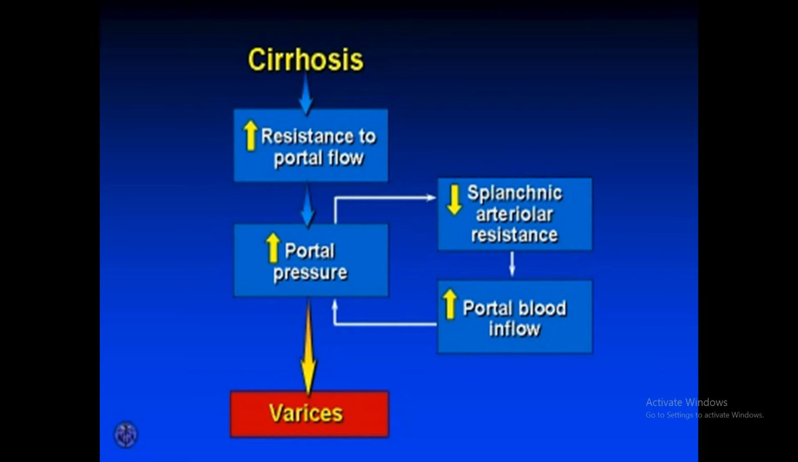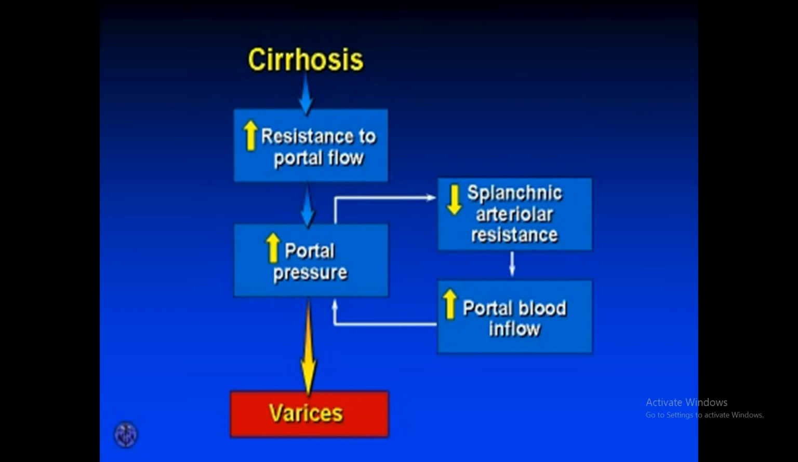Now the cirrhosis will lead to resistance to the portal flow. It will cause the portal pressure to increase. This will result in two things. It will reduce the splenic arterial resistance, and it will increase the portal blood inflow. So inflow is increased and the resistance is decreased. It means the pressure is increased. It will impact on